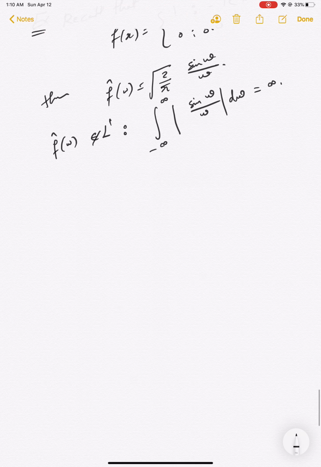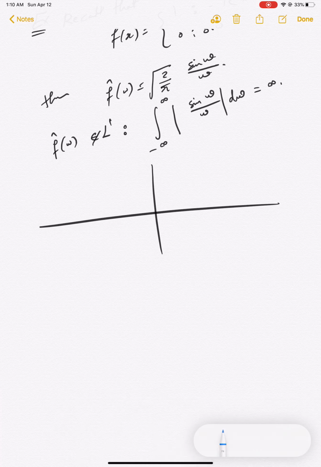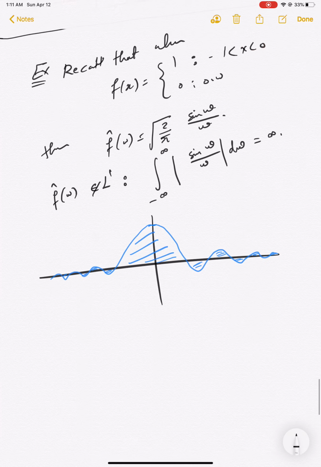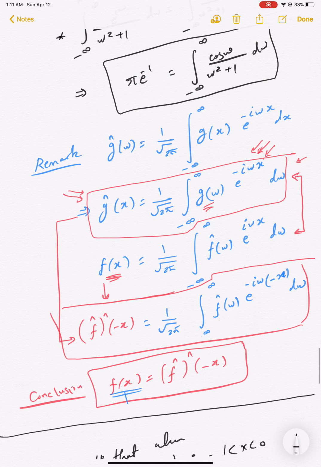So basically, what is the meaning? This is the sinc function. What is the meaning of this integral being infinity? If you draw sine omega over omega, it's something like this. It keeps oscillating about the x-axis. So basically, we're talking about this area. Although these areas are getting smaller and smaller, if you add them, the total area will be infinity in the end. So this is why I'm not going to apply the inversion formula on this function, because when we started the inversion formula,